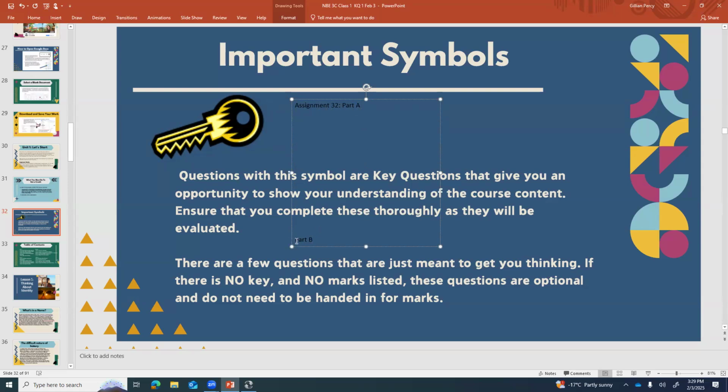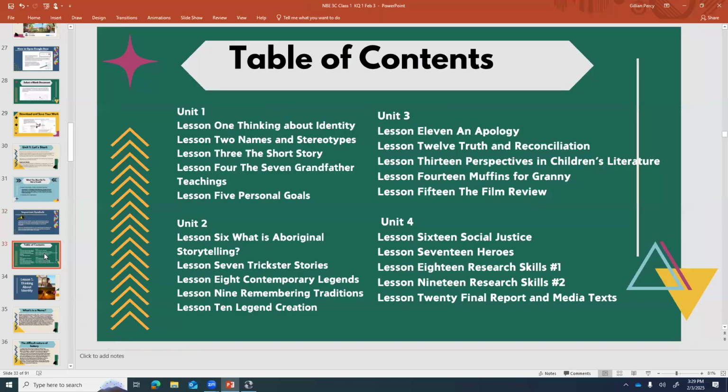Just because there isn't a key next to this part doesn't mean it isn't an assignment. There aren't many that are just thinking questions, but there are one or two that I know have been a bit of a problem, where people were sad that they did work they didn't get marked on.